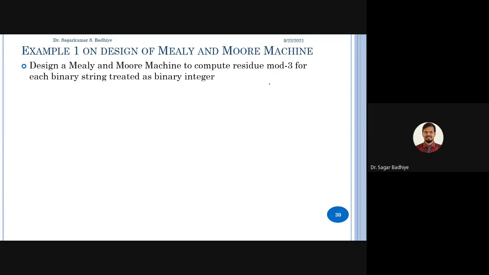In case of Mealy machine or Moore machine, whenever we are trying to design a machine for accepting divisible by 3 or mod 3, we have discussed a logic, right? So how many states will be there? States will be equal to the number of remainders. Okay, let me write something first.